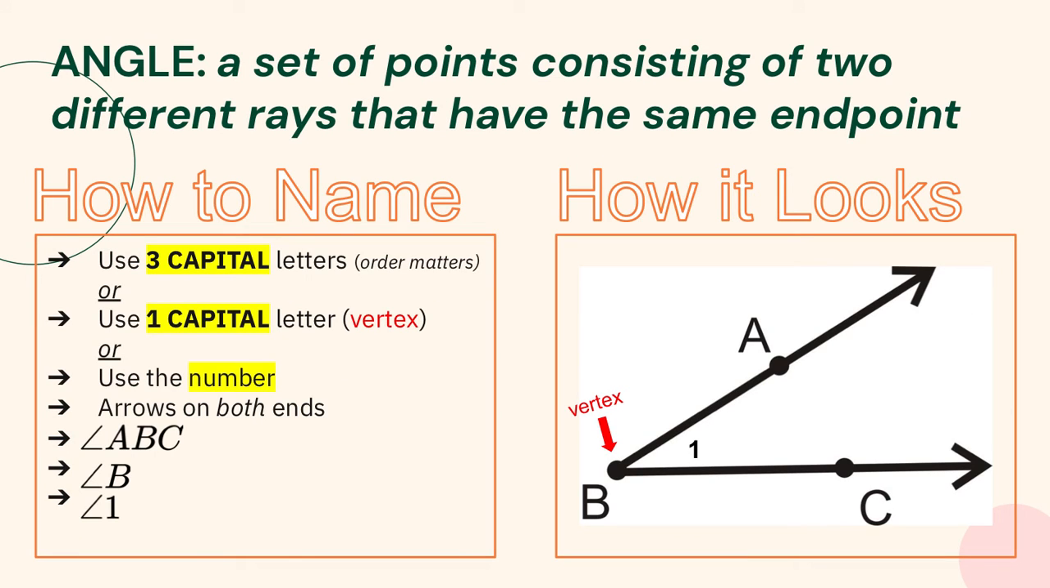If I have an angle, I have a set of points consisting of 2 different rays that have the same endpoint. So here's one of my rays in blue. Here's another one of my rays in green. Together, those 2 rays make an angle. There are a whole bunch of ways that we can name angles. We can use 3 letters. If it is specific enough in your picture that it's very clear which one it is, if you use 1 letter, if it's clear which angle that 1 letter is for, then you can use it. But if I had a picture like this,